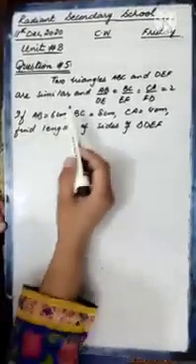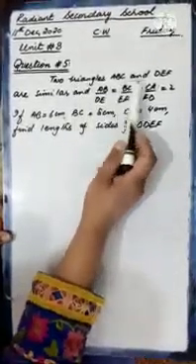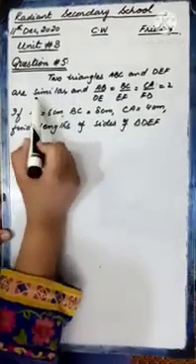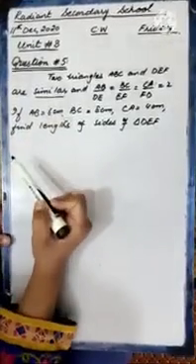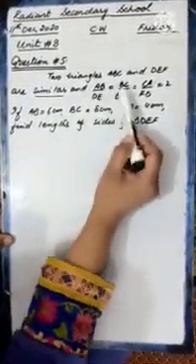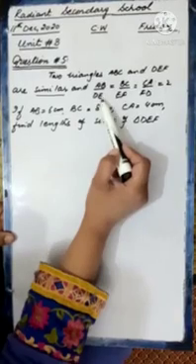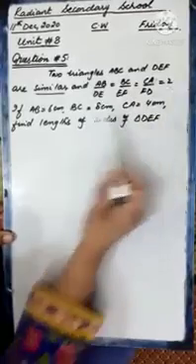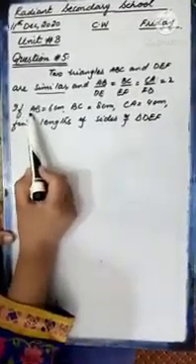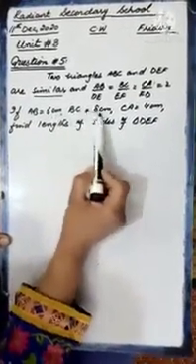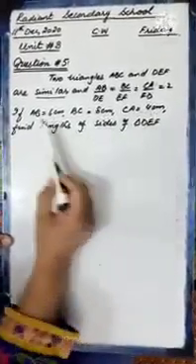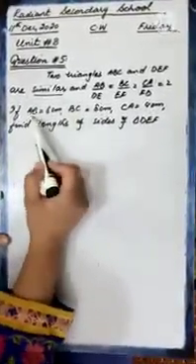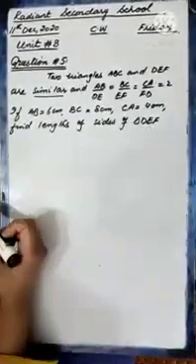Okay students, now question number 5 is there. Two triangles ABC and DEF are similar. Now it is given, these are similar, and ratio of the sides are also given. AB ratio DE, BC ratio EF, CA ratio FD, these are equals to 2. And separately it is given side AB is 6 cm, BC 8 and CA 4 cm. And these sides are of obviously triangle ABC because A, B, C are involved. We have to find the lengths of the sides of the triangle DEF.